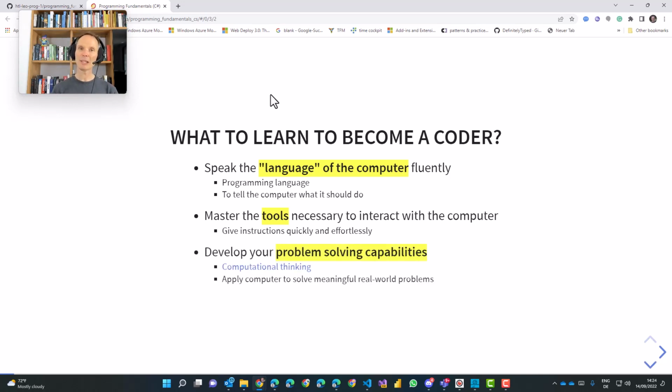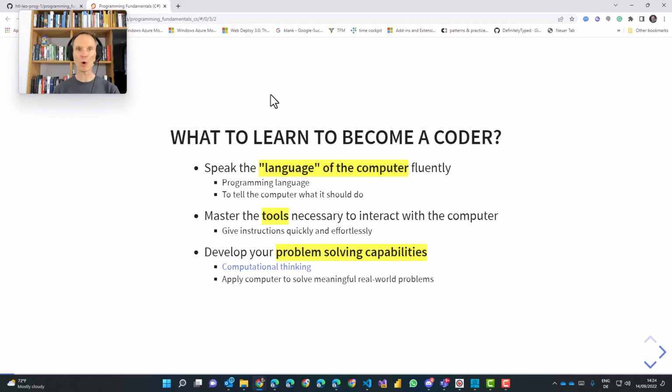And last but not least, you have to work on your general problem-solving capabilities. In specialized language, this is called computational thinking. And what computational thinking means is that you take the first two things, so being able to give the computer commands and knowing the tools for how to do so, applying these two things to real-world, meaningful problems.